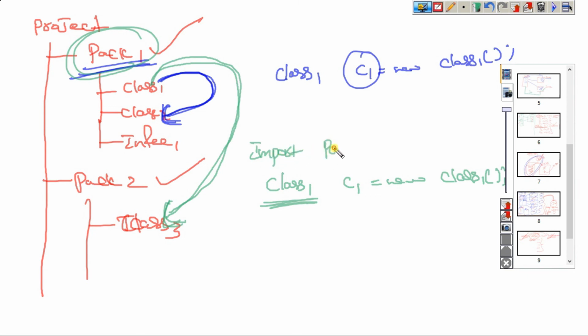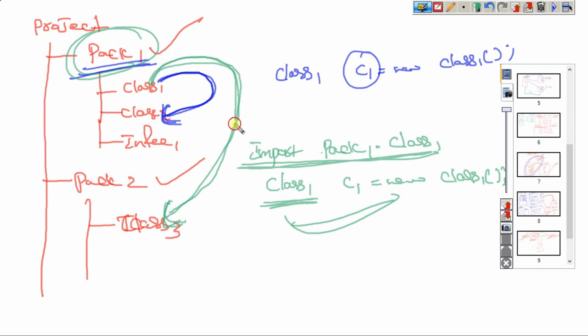What's the package name? Pack1.Class1, import that here, then only it will allow you to access that class. You must import the name when accessing a class of one package from a class of another package.